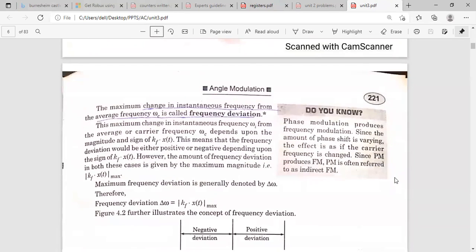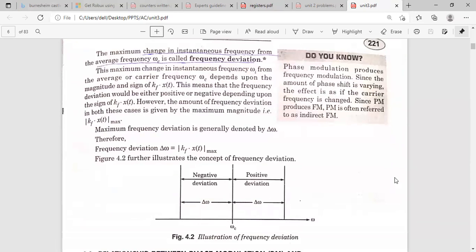Ante enti ikkada manaki, for example, if we consider the center frequency is omega c, the carrier frequency will be varied in this range. మనకు అప్పర్ రేంజ్ ఉంటుంది, లోయర్ రేంజ్ ఉంటుంది. సో ఇక్కడ చూడండి, ఈ సెంటర్ ఫ్రీక్వెన్సీ నుంచి తీసుకొని దీన్ని ఏమంటాము, పాజిటివ్ డీవియేషన్ అంటాము. అండ్ ఇక్కడ నుంచి ఇక్కడ క్యాలిక్యులేట్ చేసేదాన్ని ఏమంటాం మనం, నెగటివ్ డీవియేషన్ అంటాము. Okay, so the maximum change in instantaneous frequency from the average frequency. So average frequency nunchi the maximum change entaithe untundo, that we call as the frequency deviation.